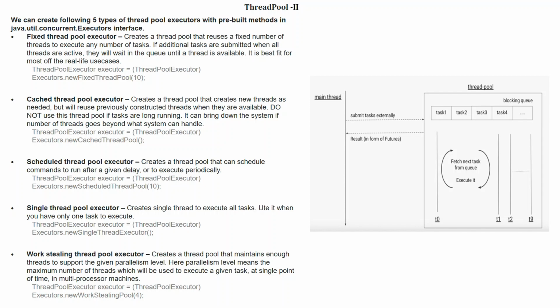Single thread pool executor creates a single thread to execute all tasks. Use it when you have only one task to execute. ThreadPoolExecutor executor = Executors.newSingleThreadExecutor(); Work stealing thread pool executor creates a thread pool that maintains enough threads to support the given parallelism level.